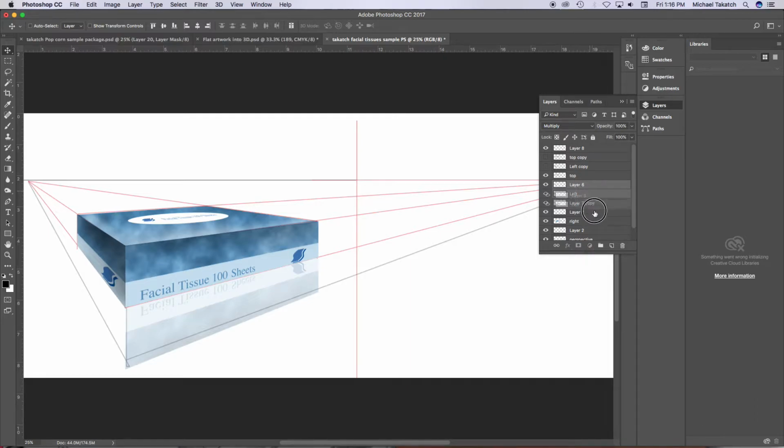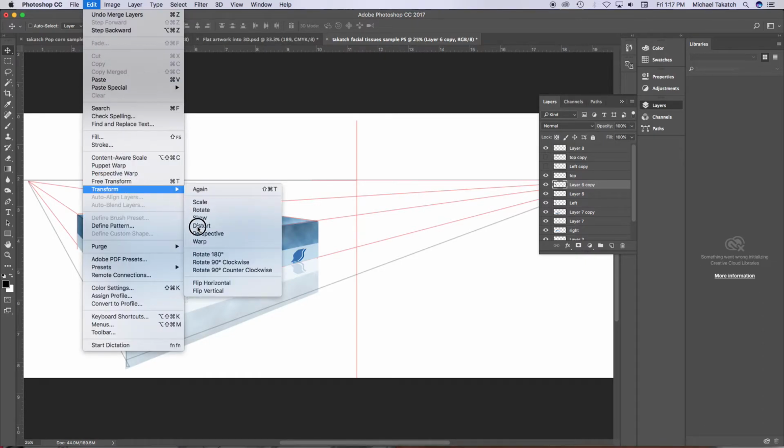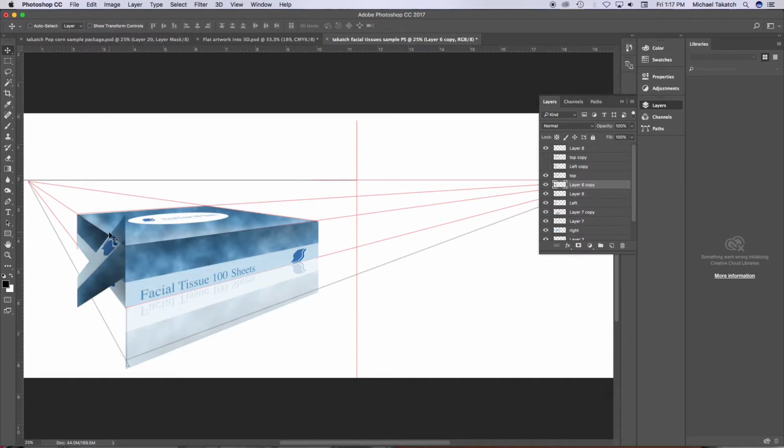Just select both of these, duplicate it. While it's still selected, just merge it. Transform, flip vertical. Just drop that down. Free transform it, and you can just bump it right up there. Return and just 26. So see if you can